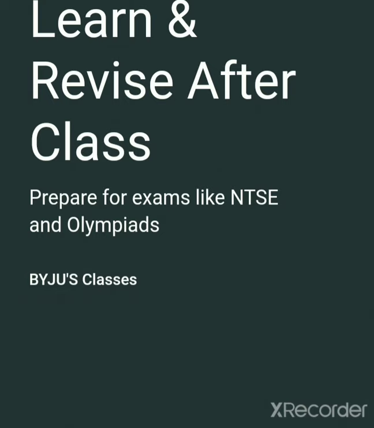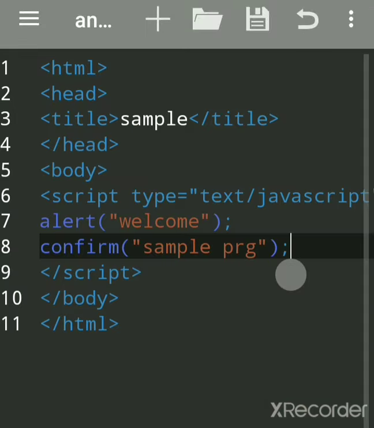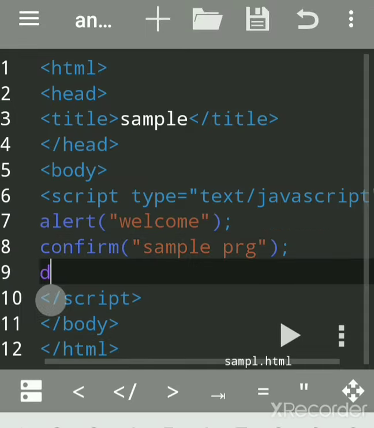And by one more way, you can print the result by using document.write. What it does: document is an object and it has its function write to print anything on the web page, that is it will print on the browser screen.